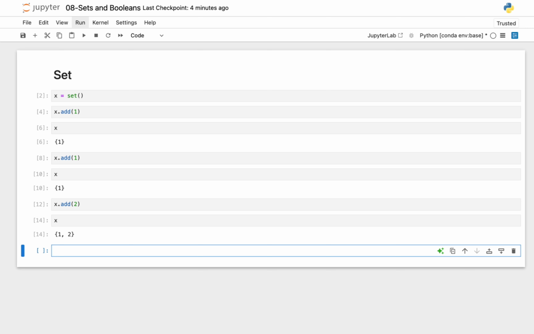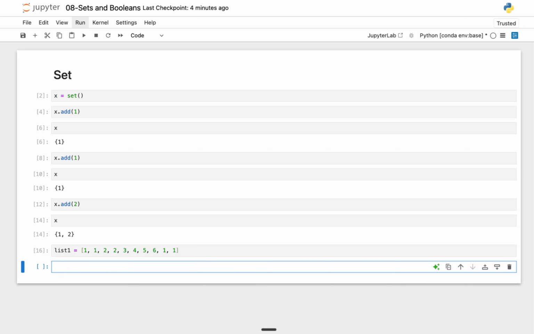So what we can do is cast a list with multiple repeated elements to a set to get the unique elements out of it. Now, what am I talking about? For example, I'm going to say my_list1 is equal to, and here I'm going to pass in multiple items. I'll say 1, 1, 2, 2, 3, 4, then 5, 6, and I'm going to add a couple of 1s again, 1, 1, right? I'm going to run this, and I'm going to say set with parentheses, and I'm going to put